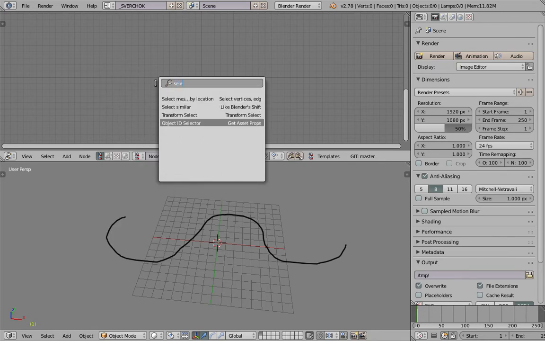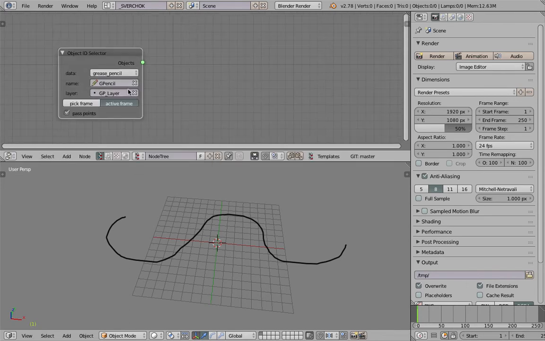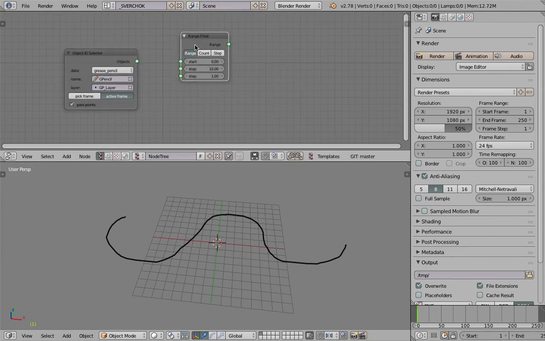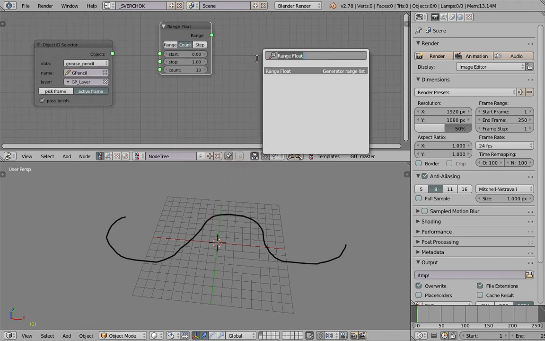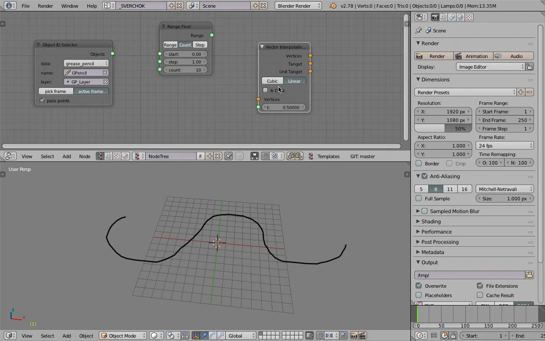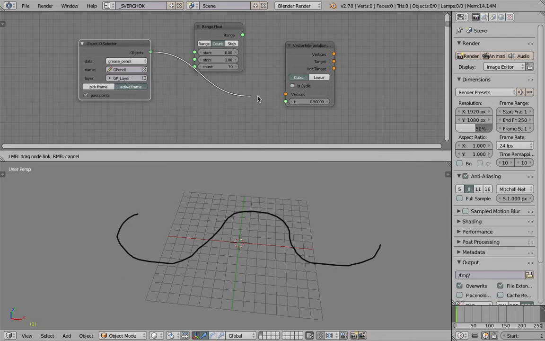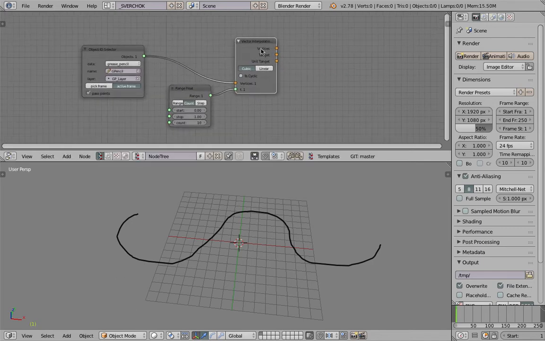from scratch. So object ID selector, grab our Grease Pencil. For now, we're just doing it like that, and then use range float from start stop count of 10, and we use vector interpolation. We're gonna switch to cubic because we're gonna use the tangent thing. Okay, object vertices goes in there. This is range float goes in here, and